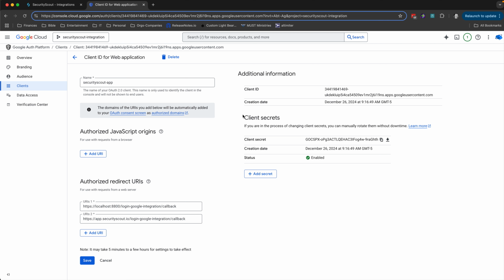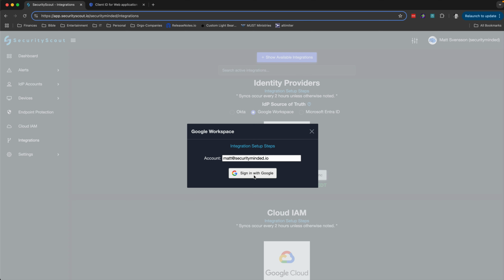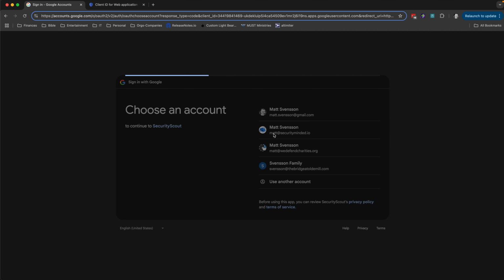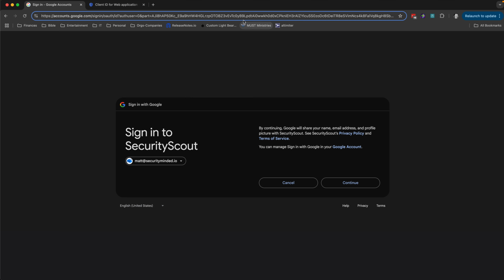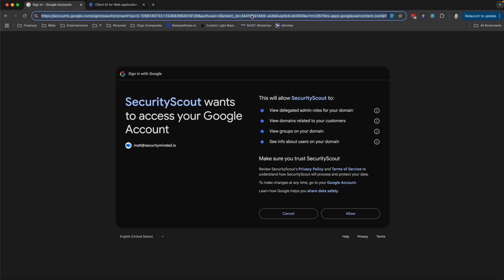Scout OAuth consent screen verification, specifically for this client ID, which will be seen as we go through the integration. To set up the integration, we use the standard sign in with Google button that is approved. When signing in, this will go to the correct client ID that was just shown and does have the 4